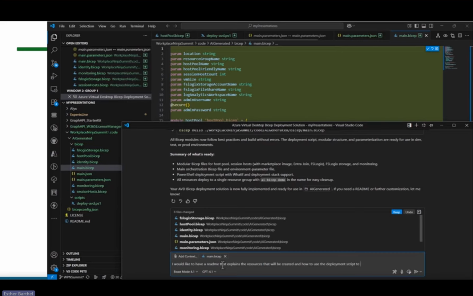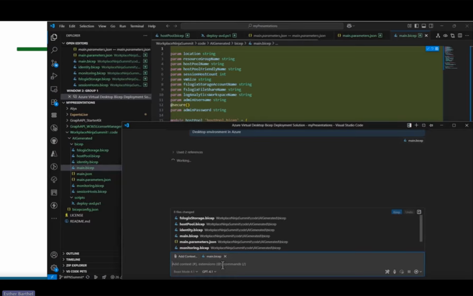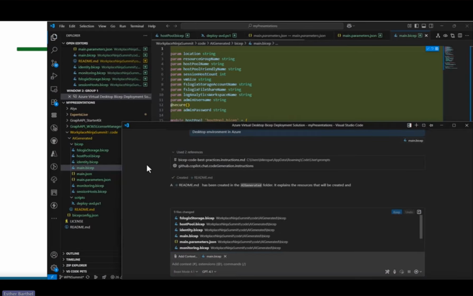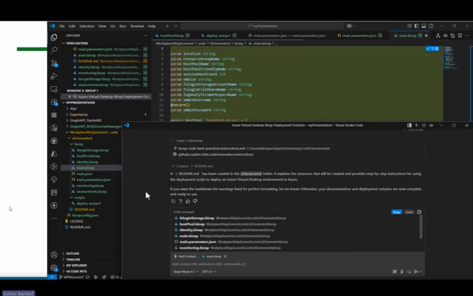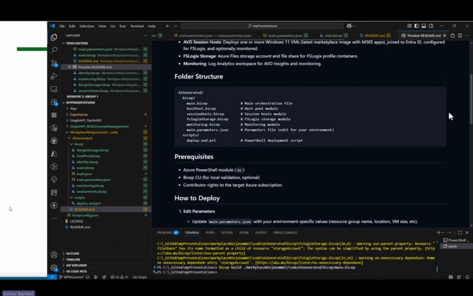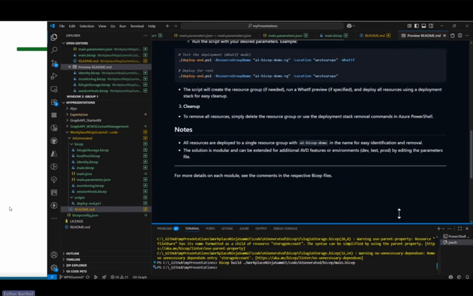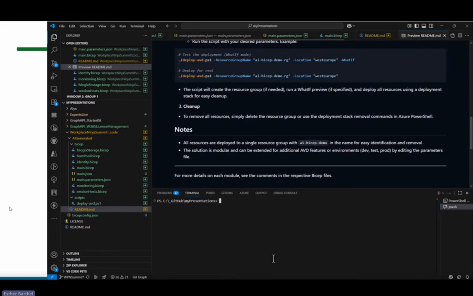So I can make sure that any colleague of mine that wants to understand what I created also has that README file to understand how to use this Bicep deployment. I simply prompted the agent, and what you see is, for instance, the references that it's using. It said Bicep best practices. I think that one is from the MCP server, and it created a README file that has all the instructions in it.